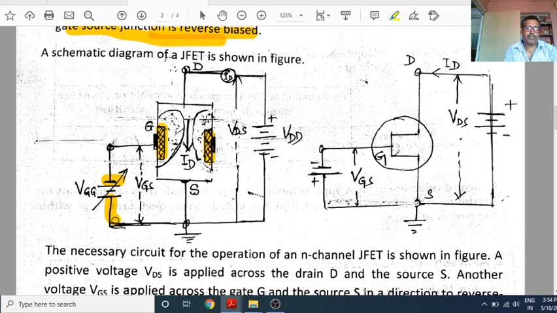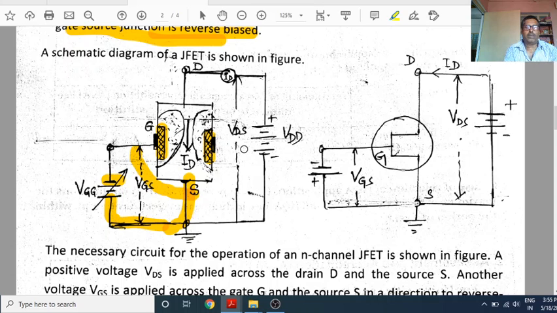This is the connection between gate and source, and this arrow indicates that you can change the voltage between gate and source. We can measure the voltage here; it will give the voltage between gate and source.